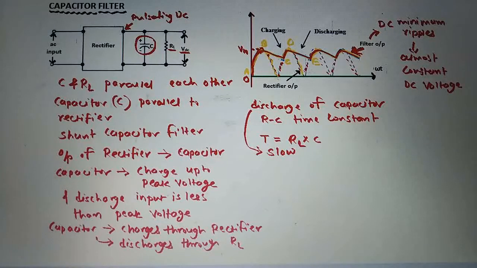So this filter output here is the output having a DC with minimum ripples, and it is almost a constant DC voltage. So from this output of the filter, we can write here that the capacitor acts as an open circuit